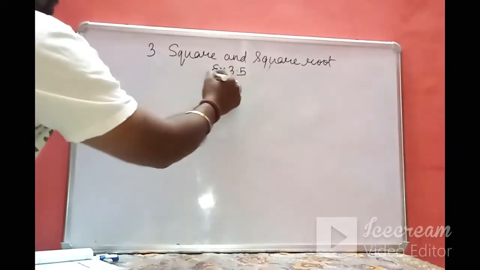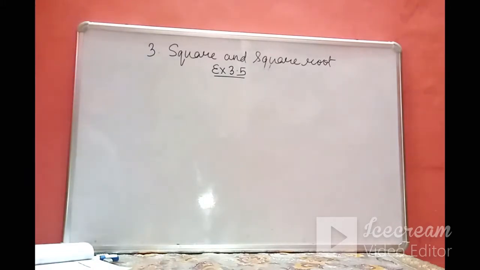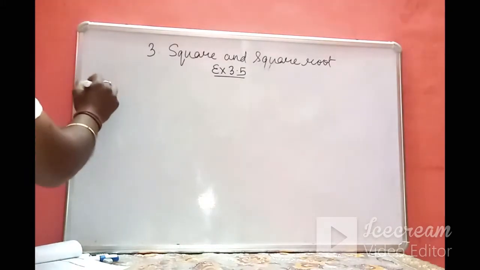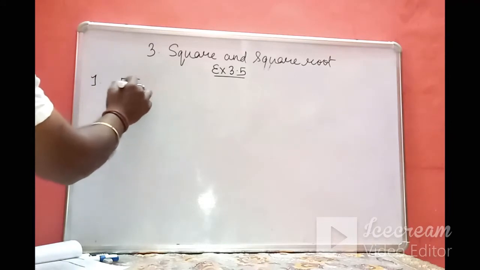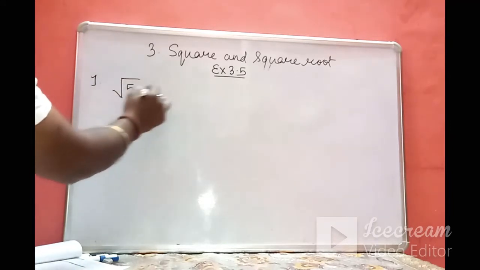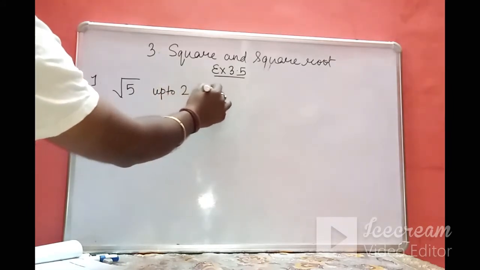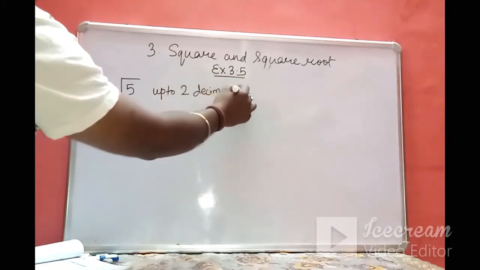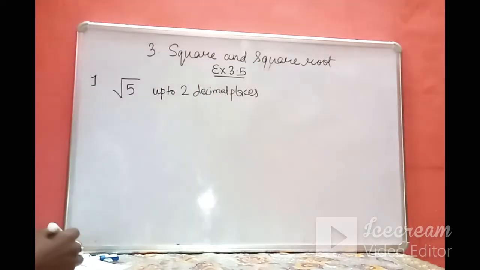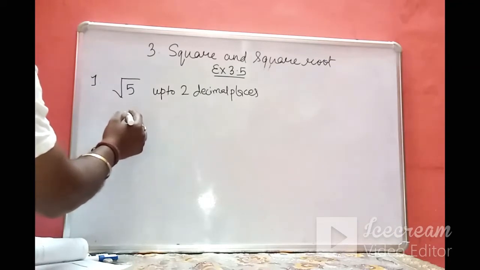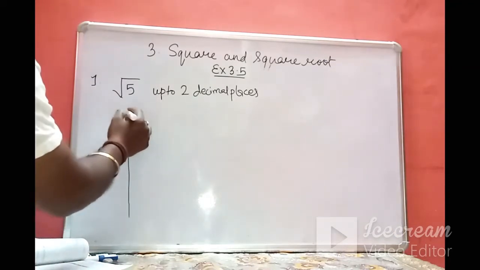So this is our last exercise 3.5. Now I have to find the square root of 5, this value up to 2 decimal places. So whenever you have to find the square root of these kinds of numbers up to 2 decimal places, what will be your first step? You will write 5,